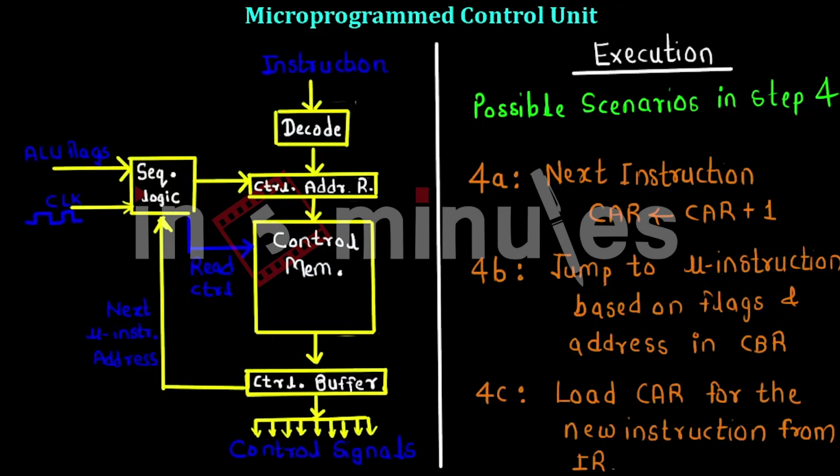So for example, the main instruction has completed its execution, and now we want to execute the next instruction. So we can load a new one if the current instruction execution is complete. I'm talking about the main instruction here, not the micro instruction. Please don't confuse them. So it can load the new micro instruction address for the new main instruction. That is, it can be something different, like add after add, it can be load. So like that, we have seen the architecture and functioning of the microprogram control unit.